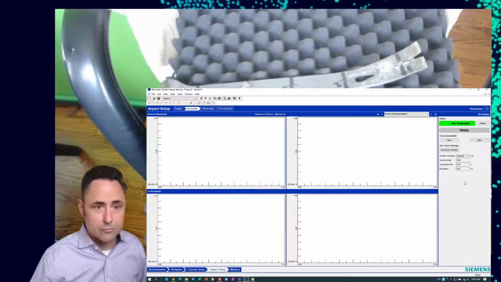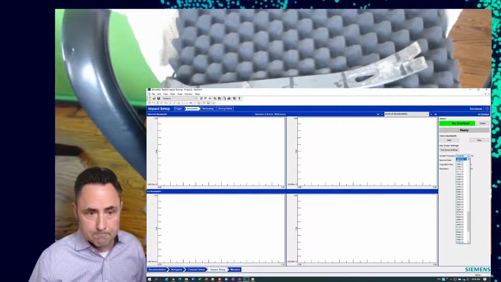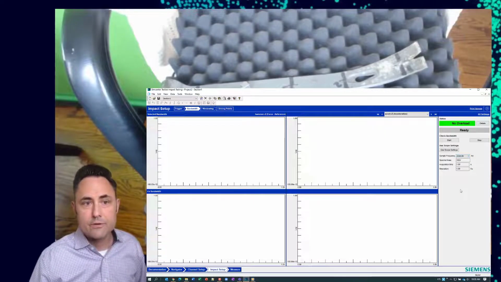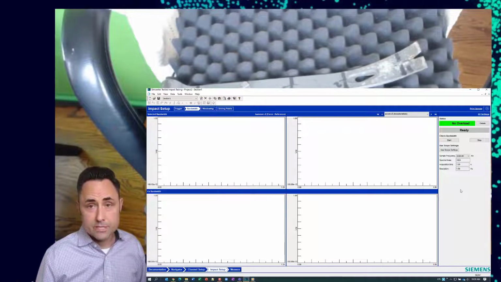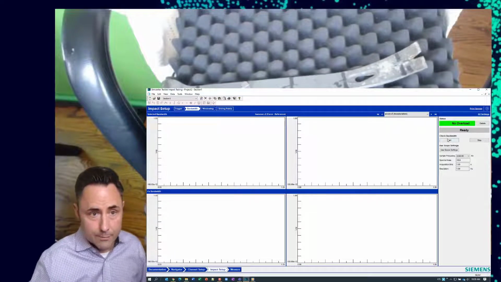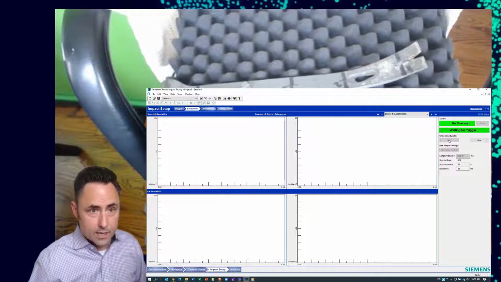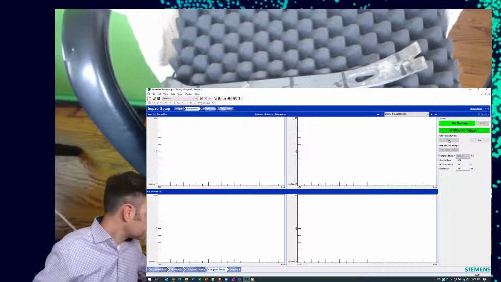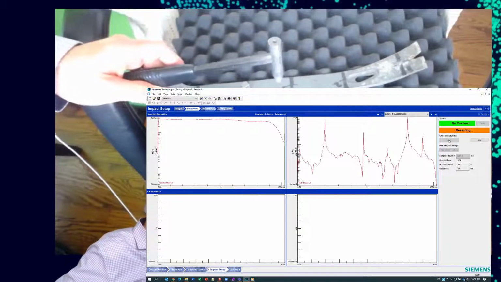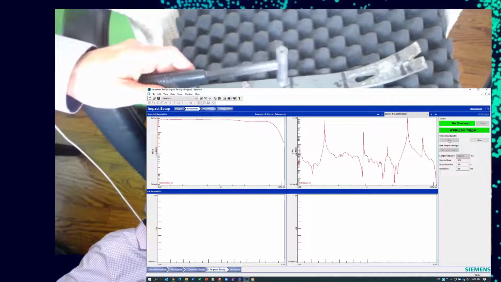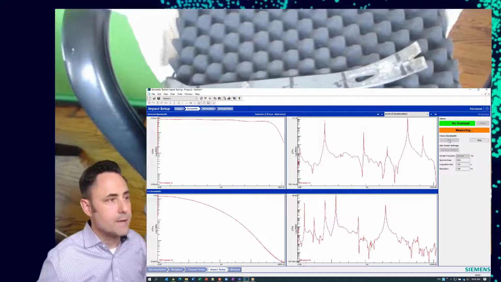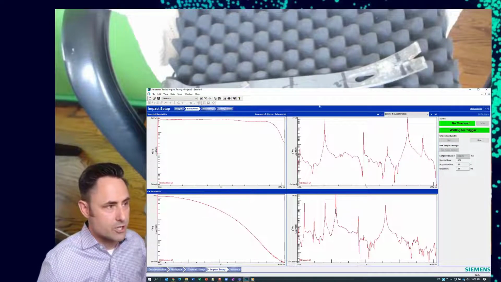In this case, I've got a really light little bar there, so I'm going to sample a lot higher in frequency because I don't know where the resonant frequencies are of this pry bar. So I'm going to start there, and I'm going to check my bandwidth, and this is really just making sure that my impact hammer tip is stiff enough to get me out into the frequency range that I want before this force starts rolling off.